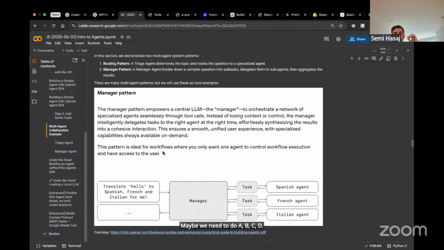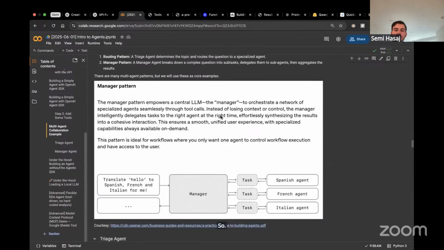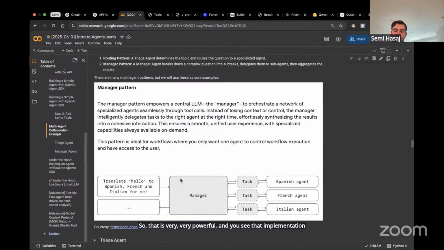I will hand off tasks A, B, C, D to my respective sub agents, wait for them to finish answering them, aggregate them, and then make a decision. Do I have enough information to answer the user's question, or do I need to keep spinning up subtasks and keep using my sub agents until I do? That is very, very powerful, and you see that workflow depicted here.